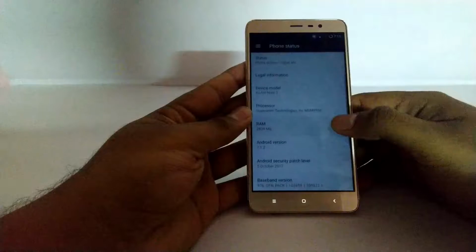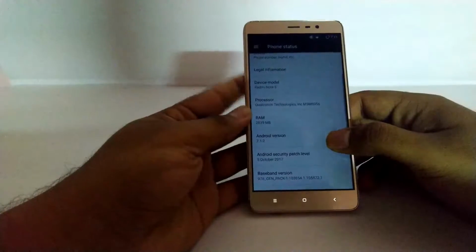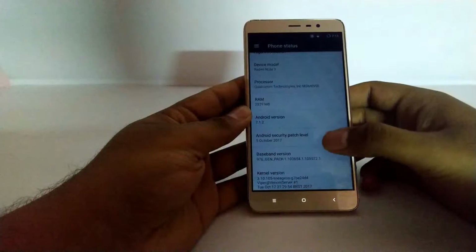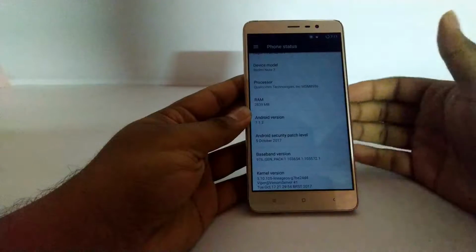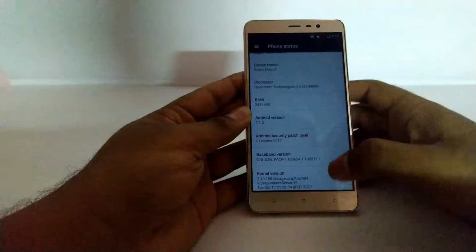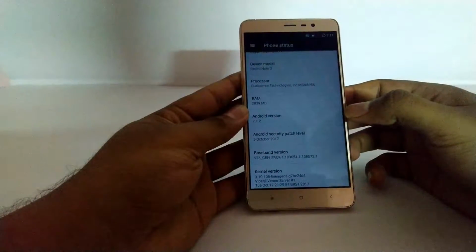The Android version which this build is based on is Android 7.1.2, which is Android Nougat, and the security patch is at the level of October 5th, which is the latest security patch available from Google at the current time. So about the security patch I'm actually happy, but about the Android version I'm not really happy,